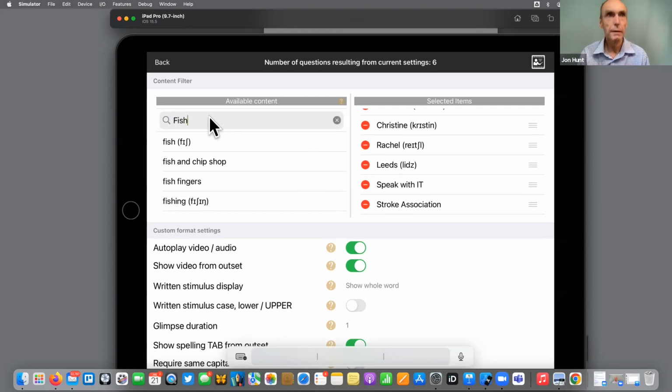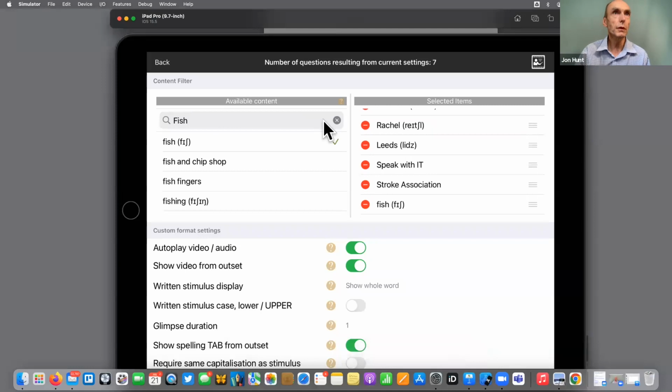It can just be fish and chips. Fish and chip shop. Well, we've got fish and chip shop, but not fish and chips. Oh well, we'll put fish in, and then we'll put chips in. And I'll show you what happens when